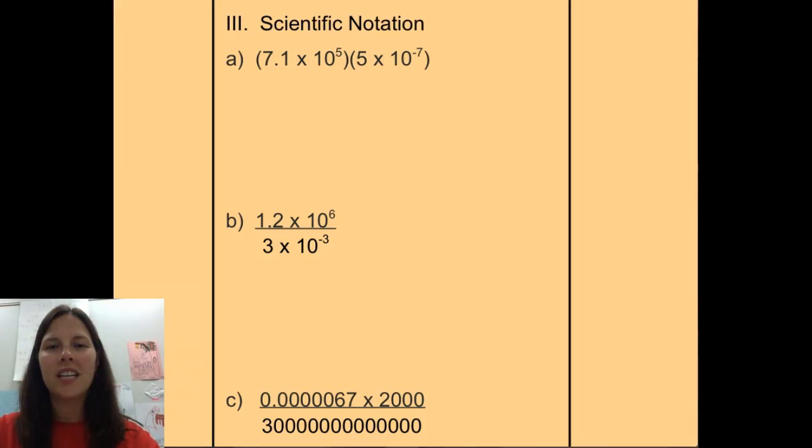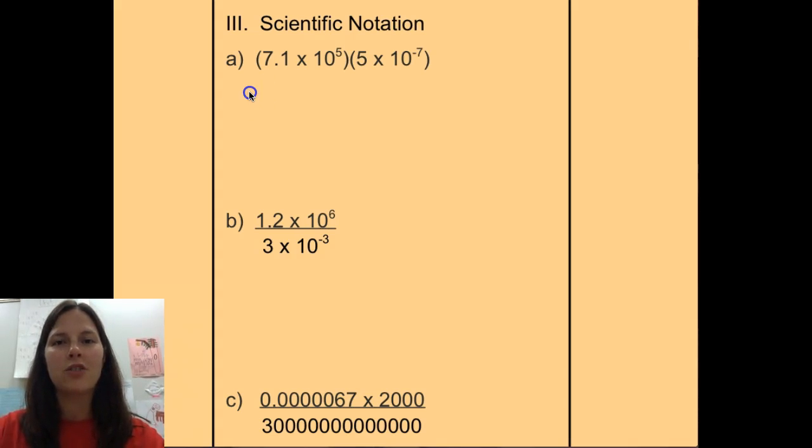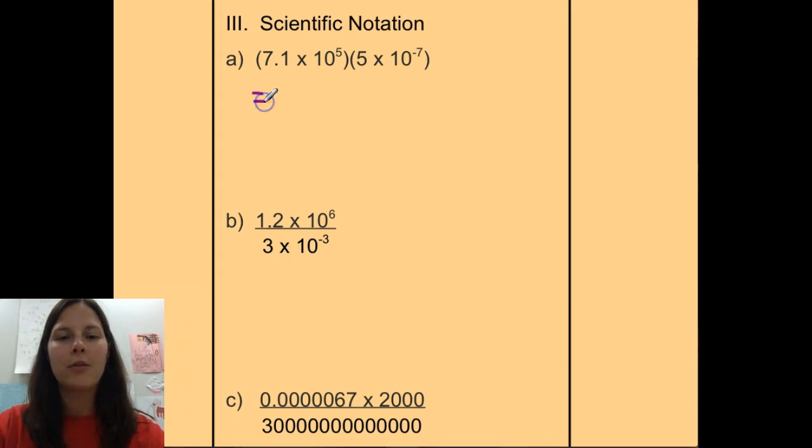In this video, we're going to take a look at how to work with scientific notation. Because scientific notation has exponents, it will follow the exponent rules we just looked at in the last video. When multiplying in scientific notation, you multiply your coefficients together. In this case, our coefficients are 7.1 and 5. 7.1 times 5 is 35.5